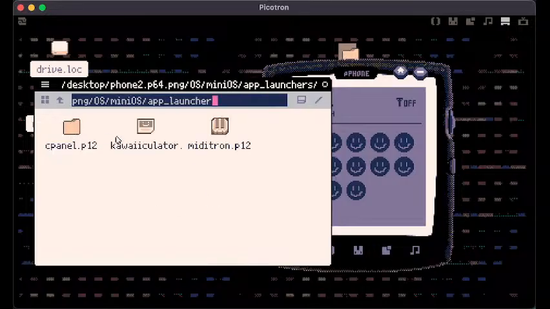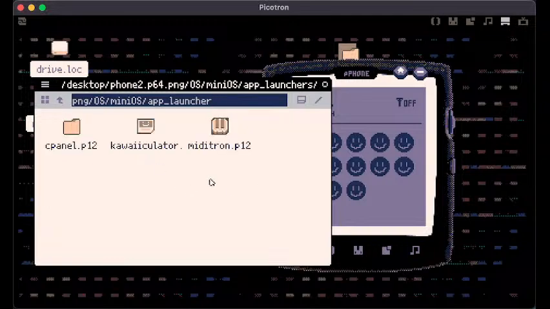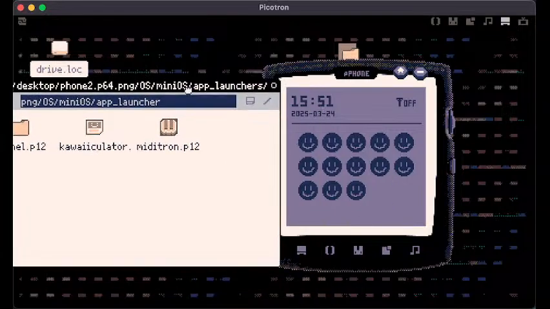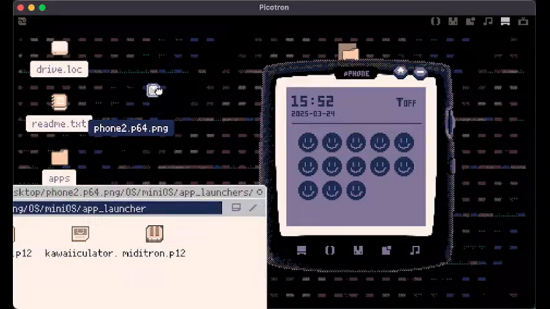As you can see, if I click on this, I have 3 P12 files, which, I'll tell you a secret, is just a folder. So I wanted people to just drop a P64 from the desktop inside the Picophone, and then it gets loaded